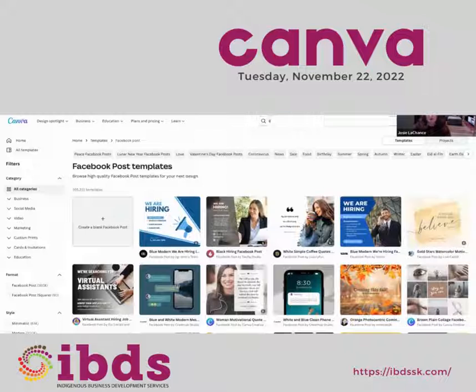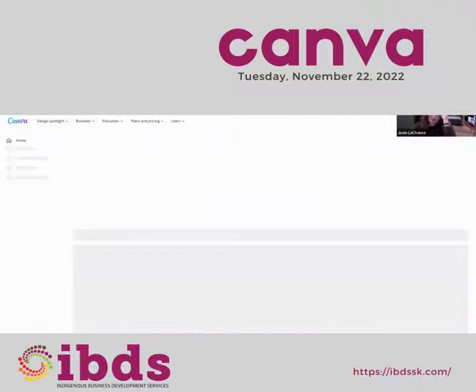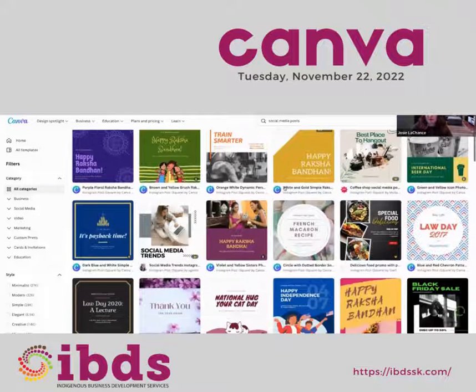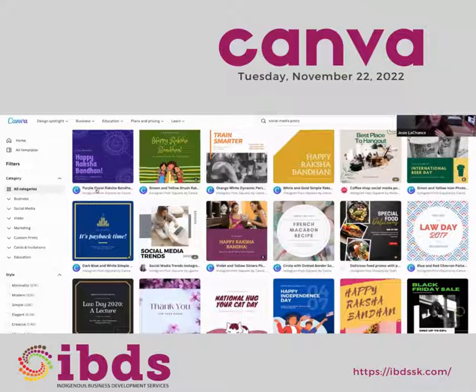Actually, here, let's do this. Social media post. So when you're looking at these templates, you'll see here that each template has a name, and then it says right underneath Instagram post, and it's square.